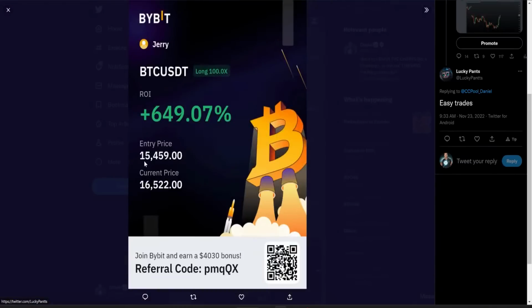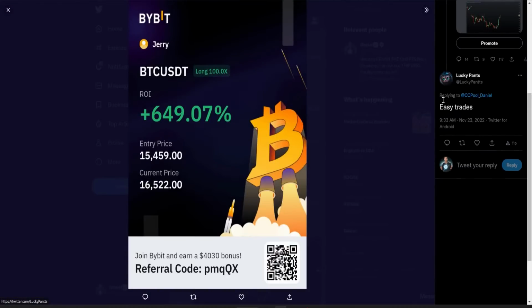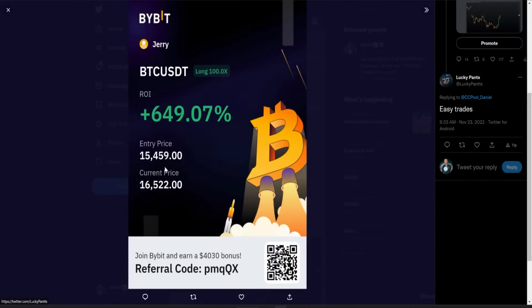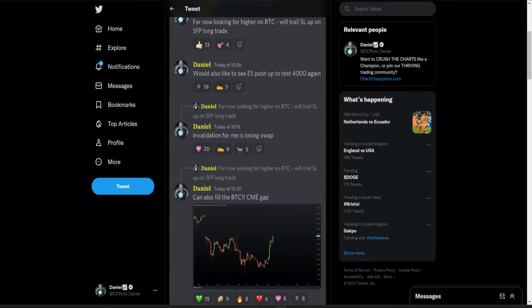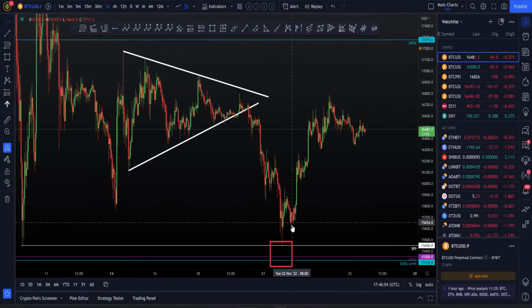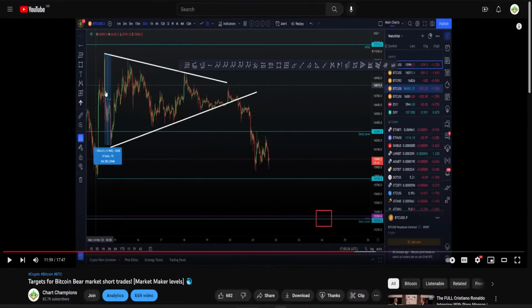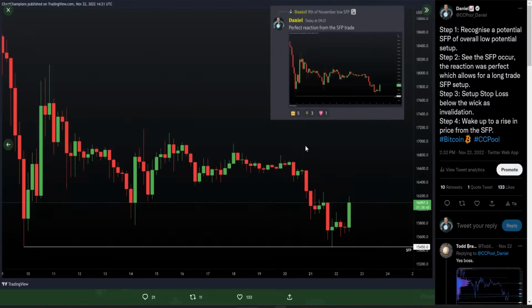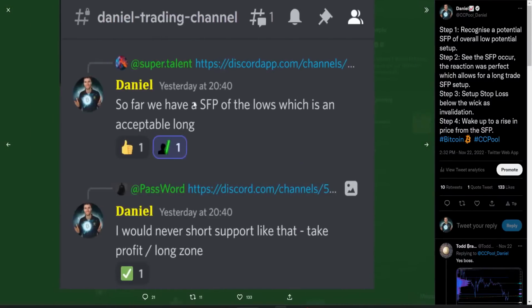You can see other people not panicking, taking those. Here we can say easy trades. Swing failure pattern is a fairly easy trade setup. So yeah, that's how and why we put in the low where we put in the low, okay? It's a simple case of seeing a swing failure pattern of this sort of zone that we're looking at. And then once seeing that, taking the trade, no hesitation. Recognizing that this is a long only zone. We're not ever going to be shorting down here.